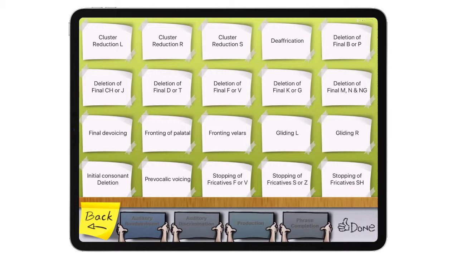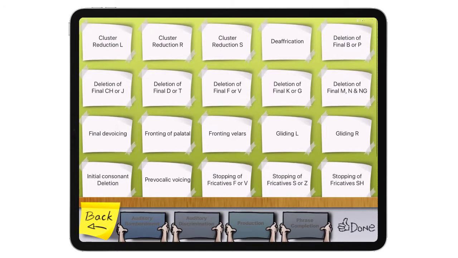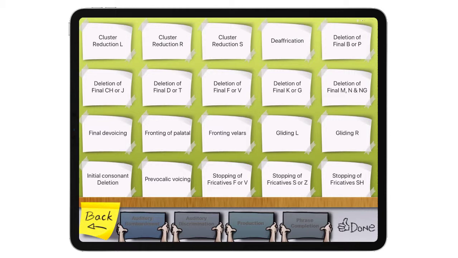Children that are struggling with phonological disorders will exhibit some phonological processes. They're all displayed here. The most typical phonological processes are the reason why children are having difficulty with pronouncing certain sounds. One example here is children that have cluster reductions. So instead of saying frog, they say fog. Instead of saying sleep, they say sip or lip, because they are reducing that cluster. So here, if I select cluster reduction L or an S, I'm going to be able to work on this